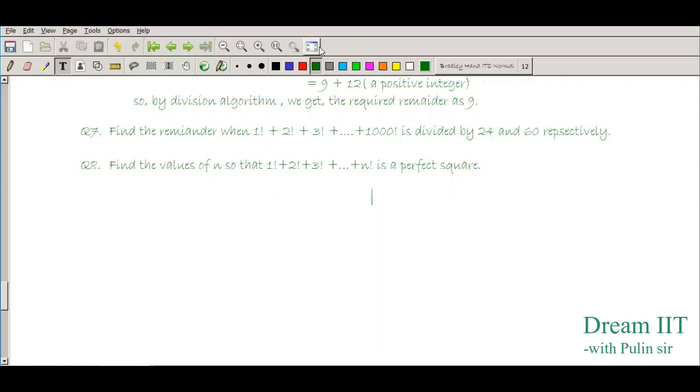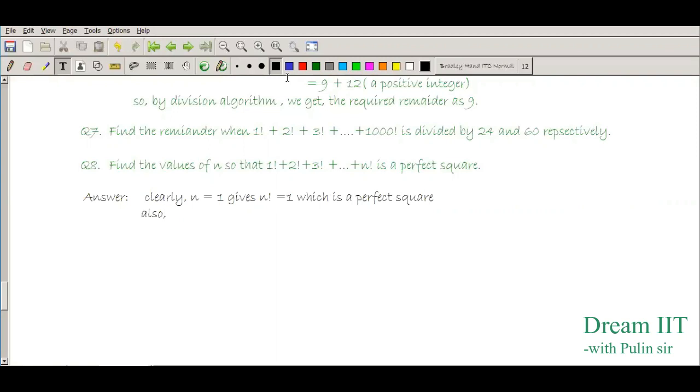So let us just try to observe, and we'll try to answer it. Let's see where we'll finish. Let us just start with some of the answers. Clearly, whatever we observe, let us write. n equal to 1 clearly gives 1 factorial equal to 1, which is a perfect square. Okay, fine. Very nice. Also, we have already finished.